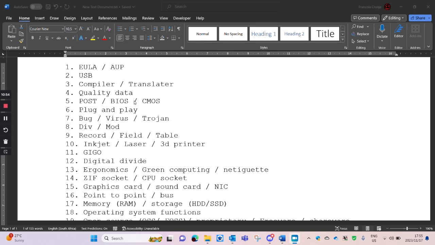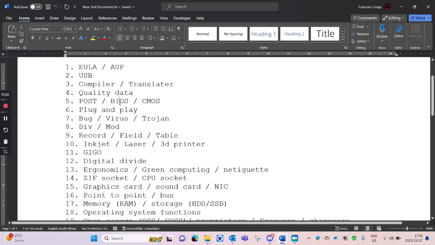And then CMOS, does anybody remember what CMOS stands for? So yes, CMOS goes with the BIOS. The BIOS's settings are stored on a CMOS chip. CMOS is a type of RAM chip that keeps all the settings, like if you've got multiple hard drives, which one should be loaded, where the operating system is, and stuff like that. All those settings of the BIOS are stored in the CMOS chip. So the CMOS keeps all the settings for the BIOS.